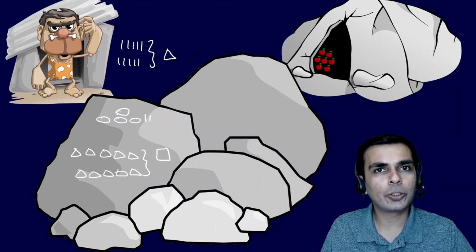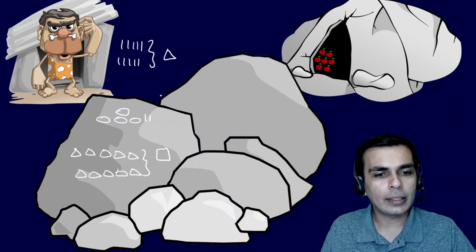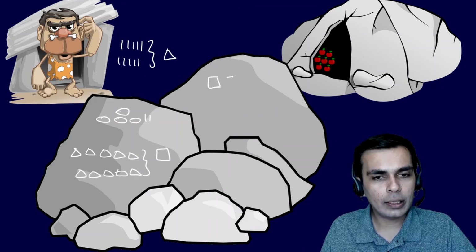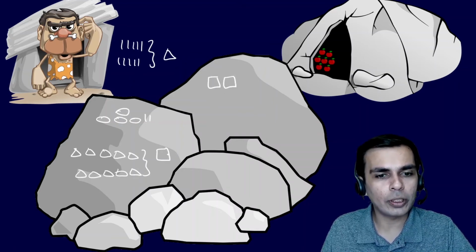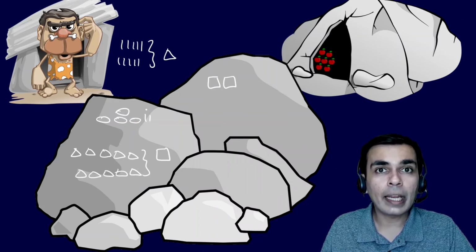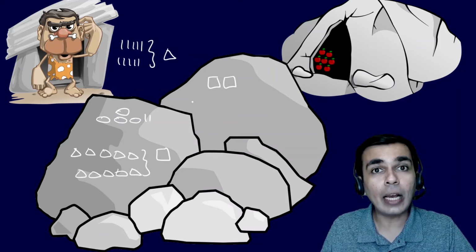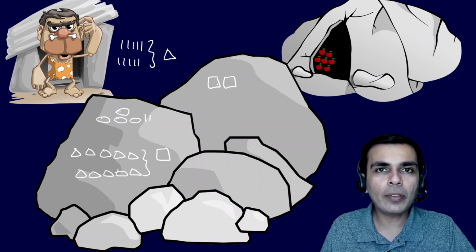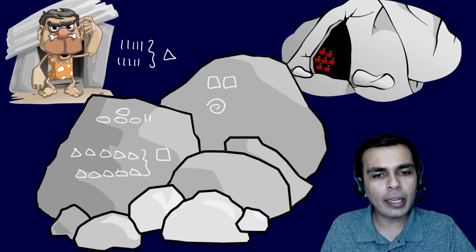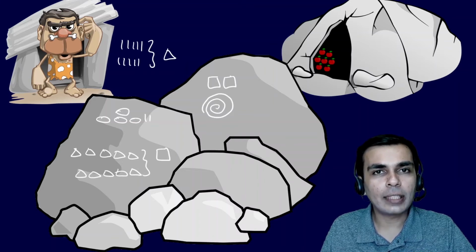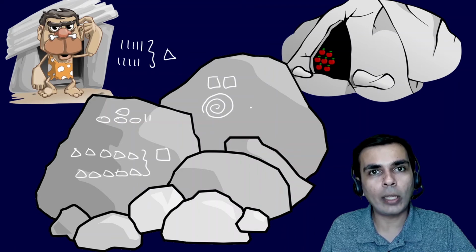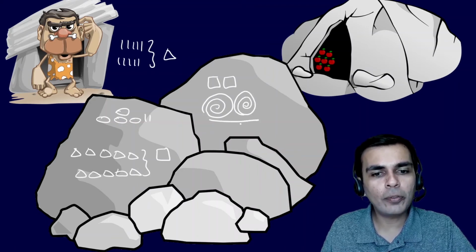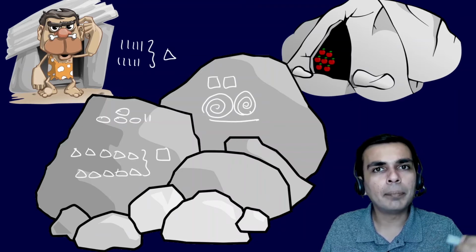So the next time if I know it's 299, again I can just have two of these squares here for the 200, and for the rest I can use the triangle and these rocks. 299 was a big number back then, and it's possible. But still, there are too many symbols. What if it's 1,000 and 2,000? Would you have 10 of these, 20 of these? Let's say you have 2,000 and you decide 20 of these rectangles. Then you decide, okay, for 10 of these hundreds, for 1,000, let's use this for 1,000. So 2,000 would be two of these. That's easier. But how many symbols will you keep making?